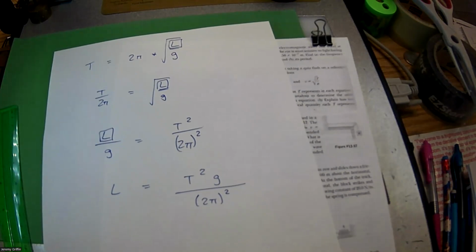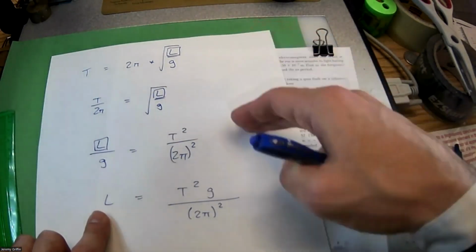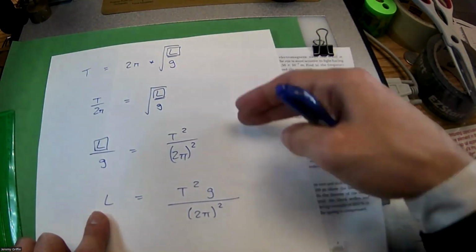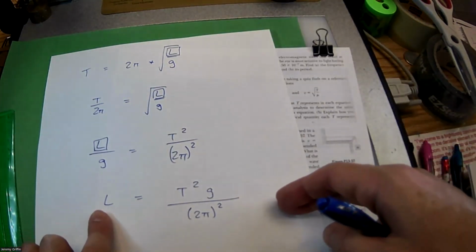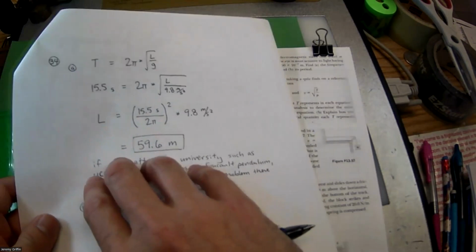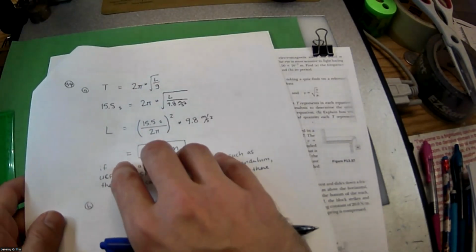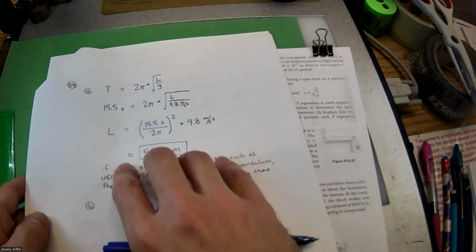You can get the length of the pendulum in terms of all these other things. You guys should be really comfortable at this point in the year with doing this algebra process in terms of variables. You can definitely do that, right? Solve in terms of variables. Now your textbook solutions here look a little bit different. So there you go. That's all.